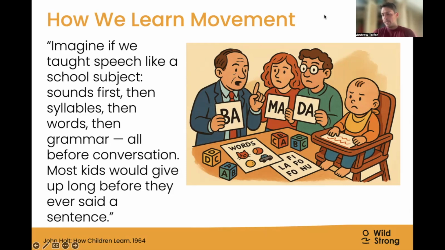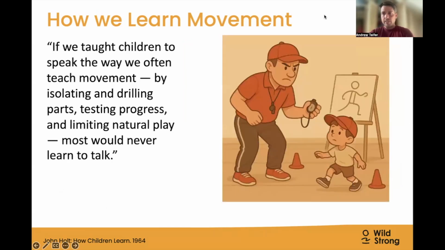It makes sense to break things down into little reductive parts if you're trying to systematize something or create a product that can be repeated, but it doesn't actually mimic how people often learn. So here's a picture of a very unimpressed baby who just wants to talk, but is being taught all these specific words and letters and phonemes. And actually, the baby would be fine if you just left it alone and gave it some time to look at the world and learn how to talk. So this has obviously got some carryover for how people are taught how to move.